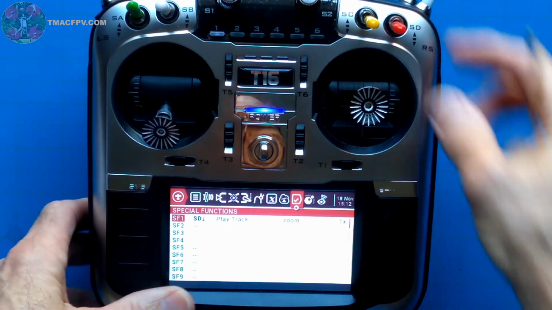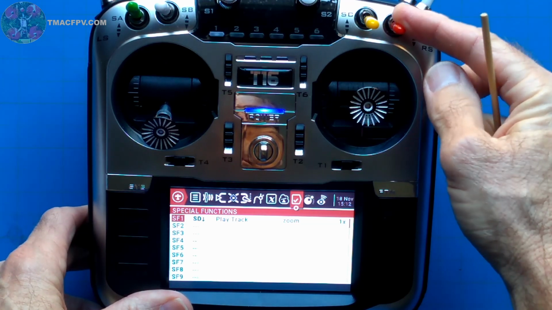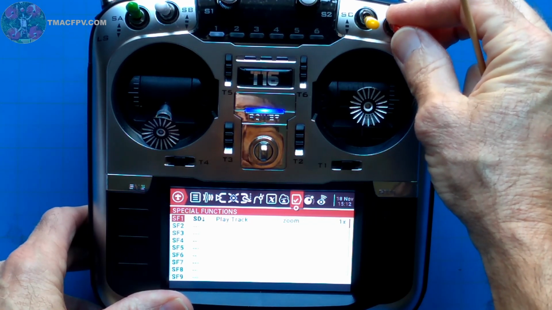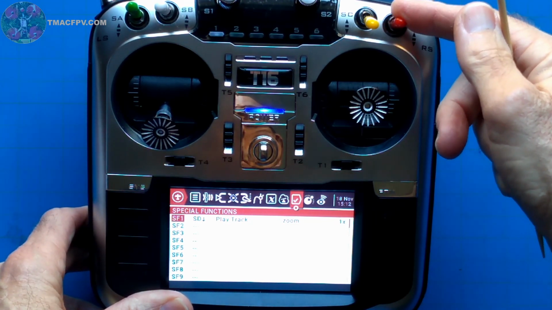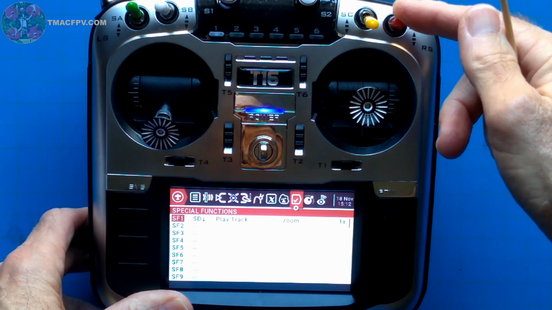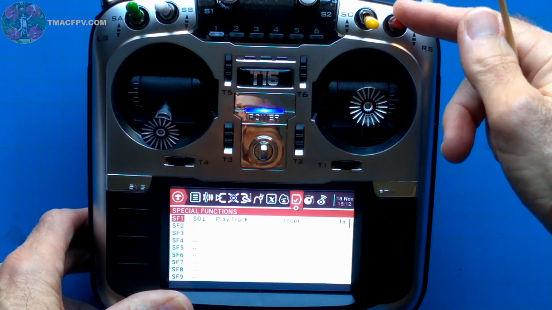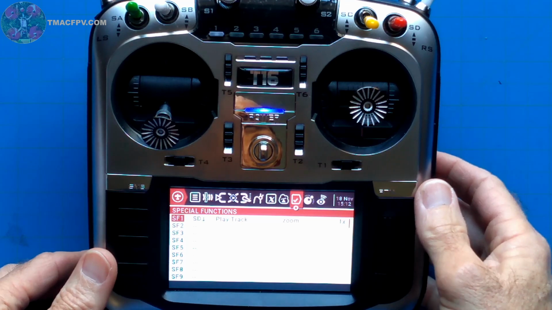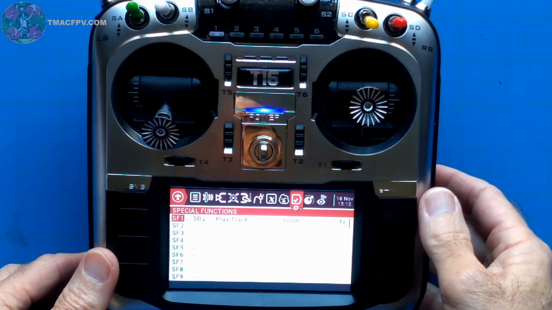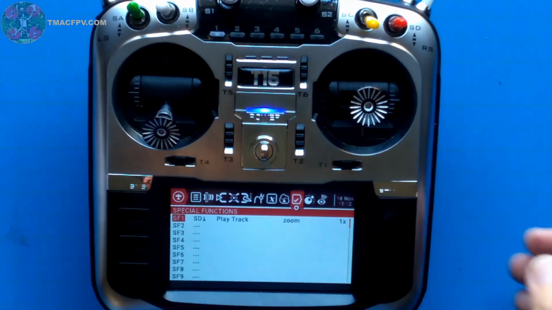When I flip it, zoom. That's my highest rates, so that's why I have her saying zoom, so that I know that I'm in my highest rates. Zoom. So to set up the sound clip, which we just made using our text-to-speech editor, we go to the special functions page, scroll down